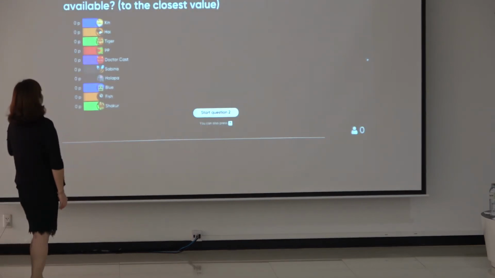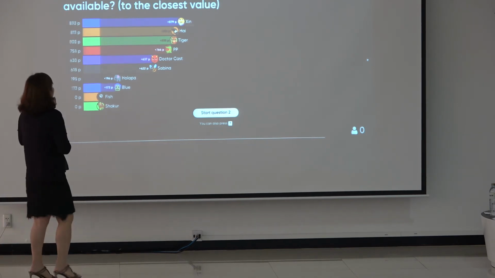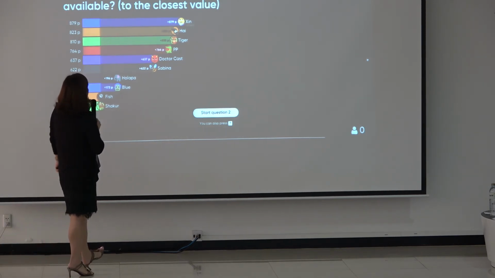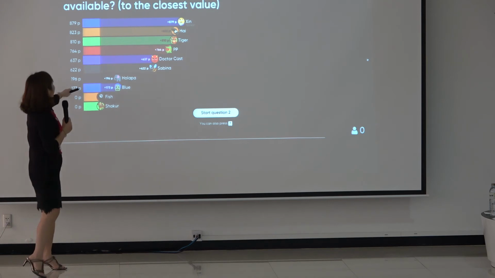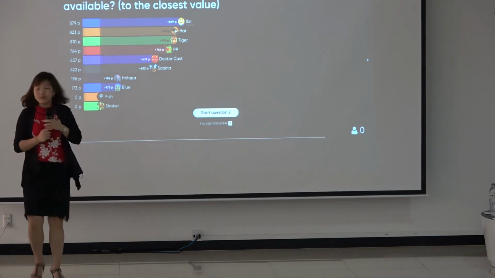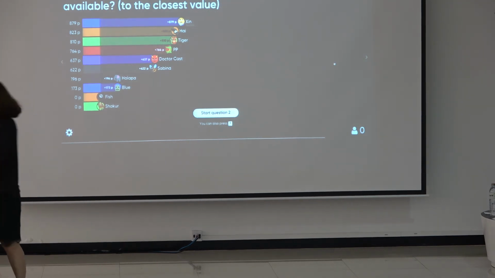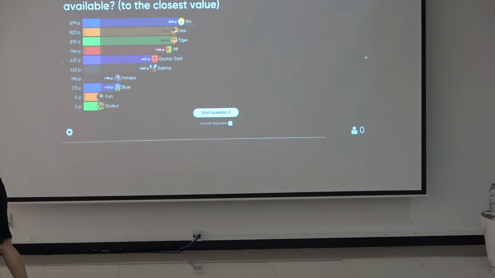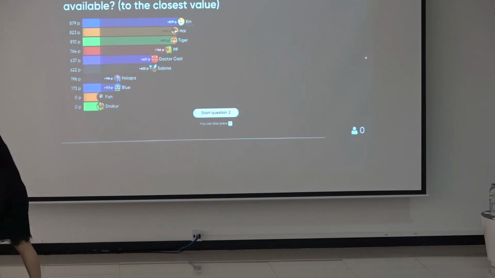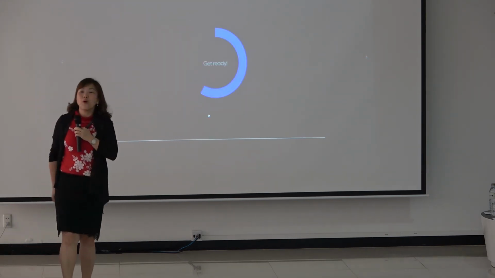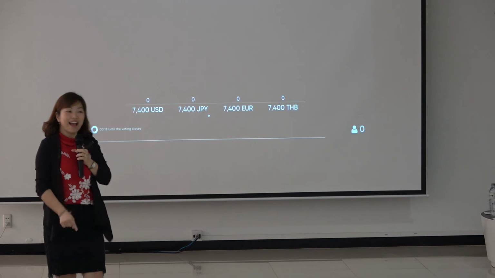Okay, the next question. Oh, this is the score, sorry. These are the scores for those 8 persons who gave correct answers. You know yourself, right? Where are you on the scoreboard? Okay, let's go to the last question. Maybe just guess, for fun. How much is 1 Bitcoin now? Current price, current value.